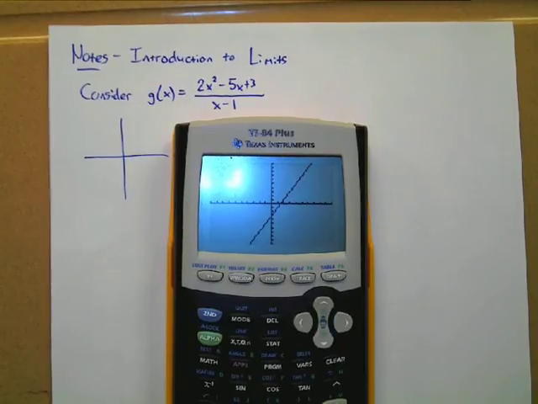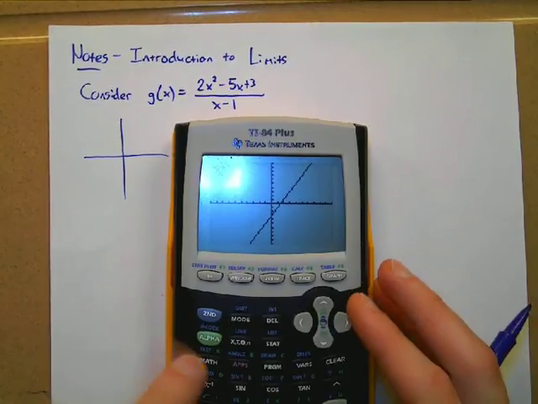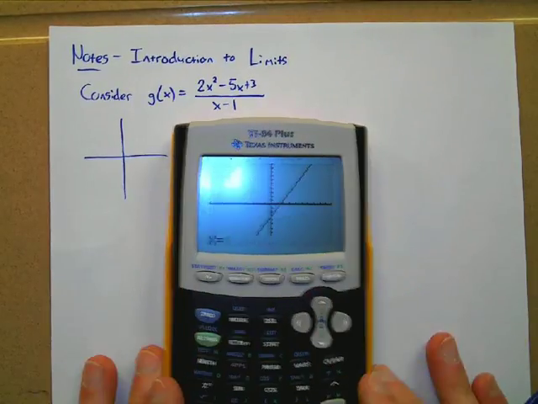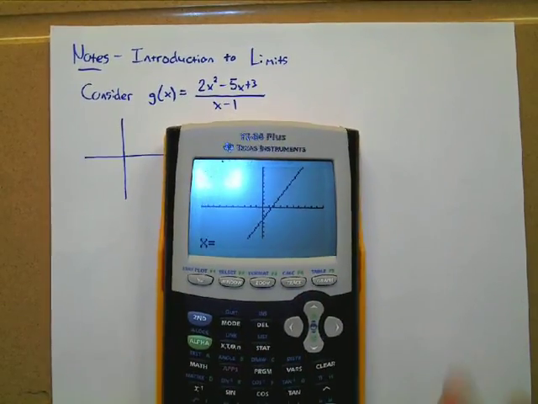Yeah, the denominator is x minus 1, so we'd expect a 0 in the denominator at x equals 1. In fact, we also have a 0 in the numerator. If you didn't know this, by the way, if you press second trace and go to the value command, the very first command there, you can type in an x value and the calculator will spit out the y value. So if we try and type in 1, for example,